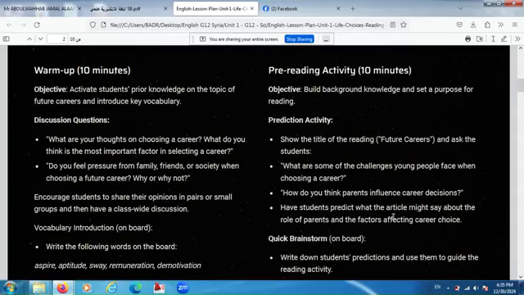And have students predict what the article might say about the role of parents and the factors affecting career choices. In order to make a brainstorming, it is okay to write down some students' predictions in order to make a comparison, for example, or a competition between them. You can use them to guide the reading activity as well.